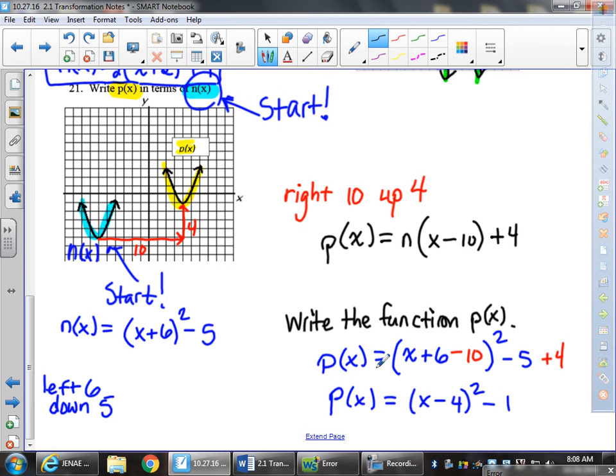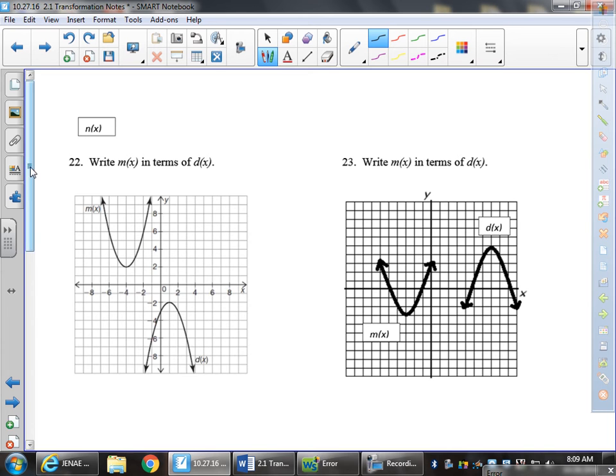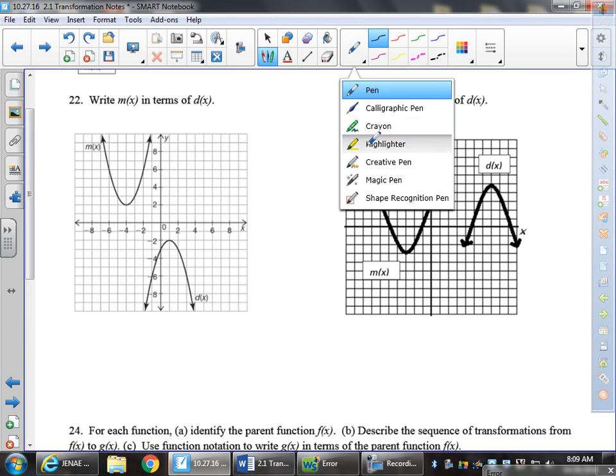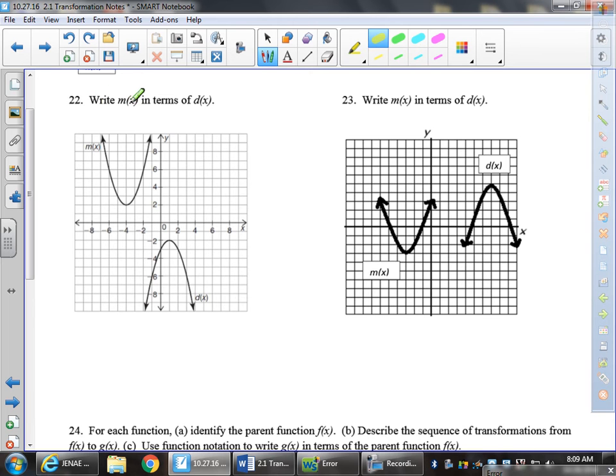22. So here we will make sure we stay within the rules of what we're asked for. We won't go farther. 22 says write m of x in terms of d of x. Let's get our colors. M of x is right here. D of x